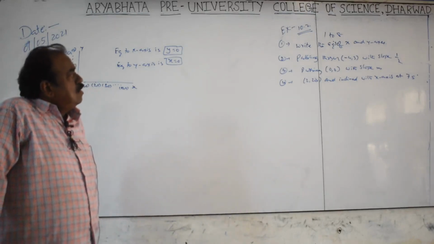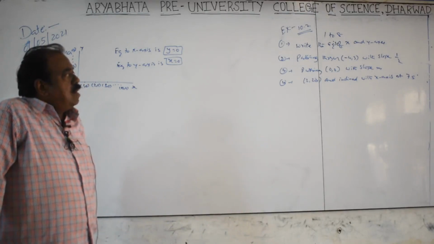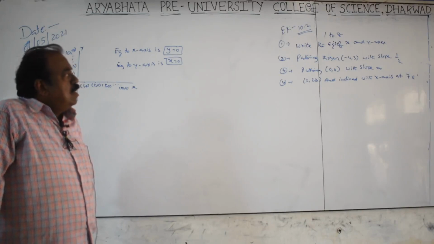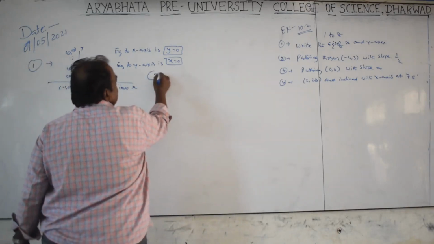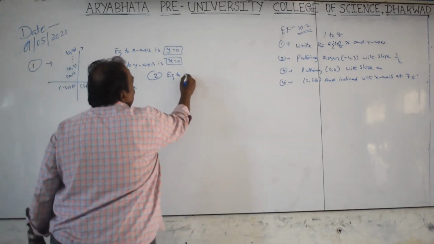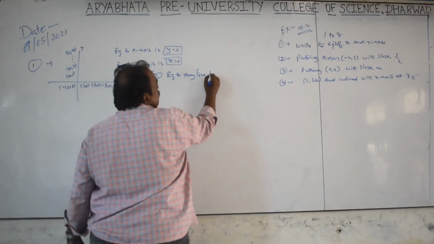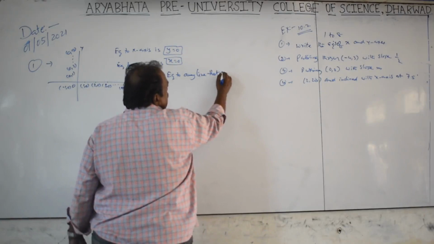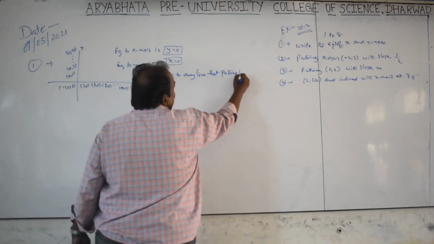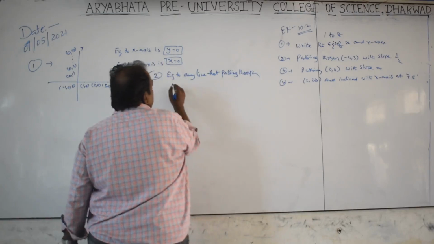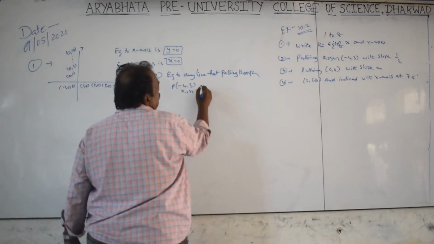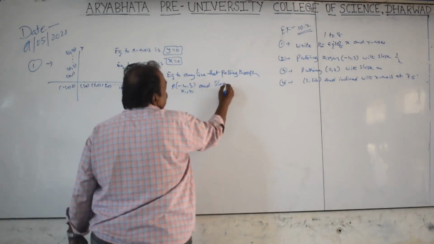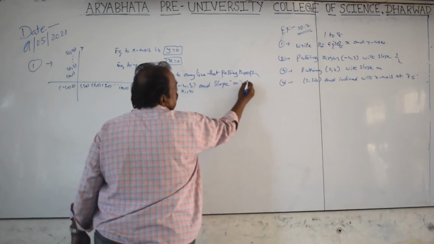Next, number 2. Passing through minus 4, 3 and with the slope 1 by 2. You see, it is a point slope form. You see, second one. Equation 2, any line passing through, we assume it is minus 4, 3. That is x1, y1. And slope m. What is m? It is 1